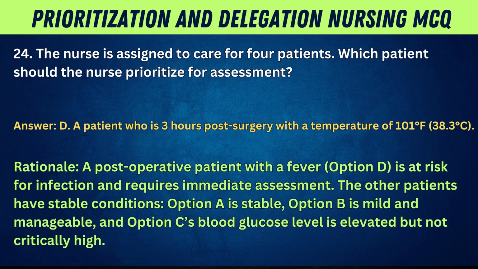Answer. D. A patient who is 3 hours post-surgery with a temperature of 101 degrees Fahrenheit, 38.3 degrees Celsius. Rationale. A post-operative patient with a fever, option D, is at risk for infection and requires immediate assessment. The other patients have stable conditions. Option A is stable, option B is mild and manageable, and option C's blood glucose level is elevated but not